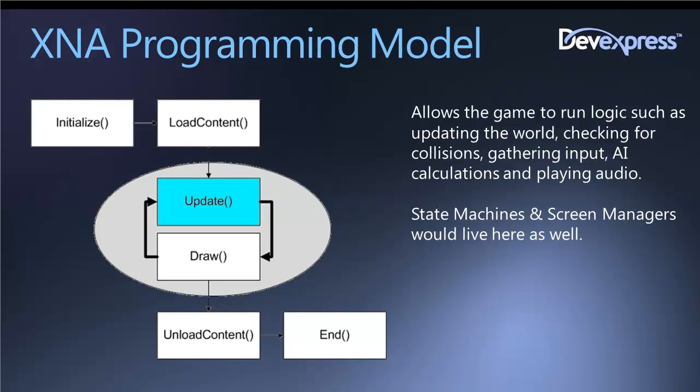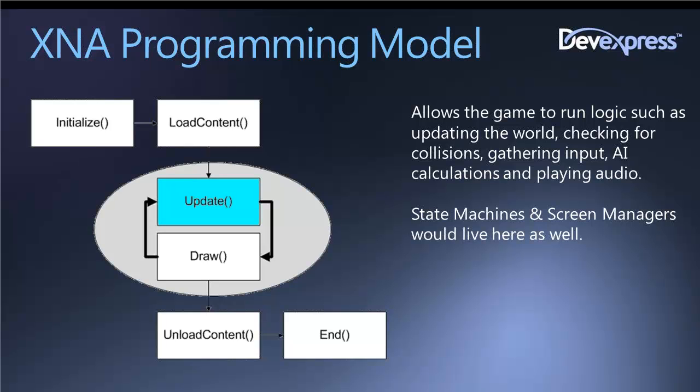And so you would check for that during the update method. Any AI calculations, maybe the enemies in your game are fairly smart or not. And so they do some basic AI calculations to figure out the easiest way to get to you. So if they've got to do pathfinding to get around a wall, or maybe you've got a system of waypoints